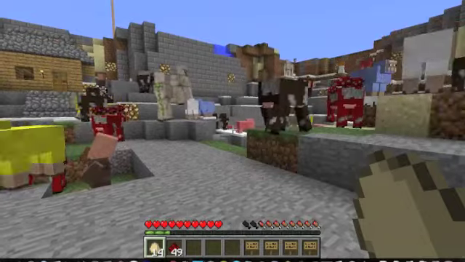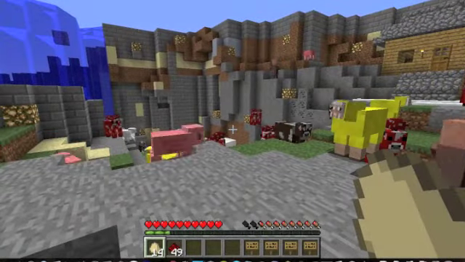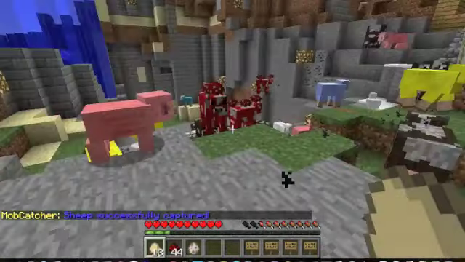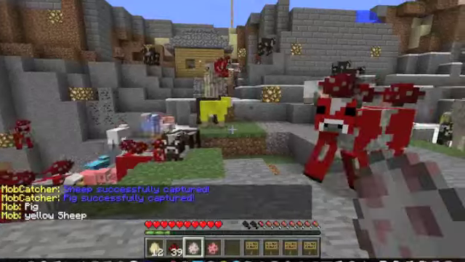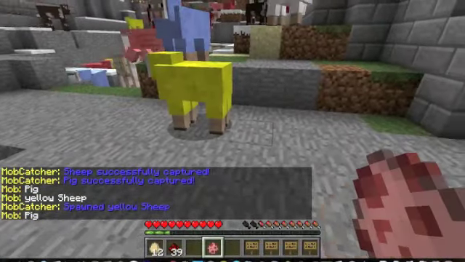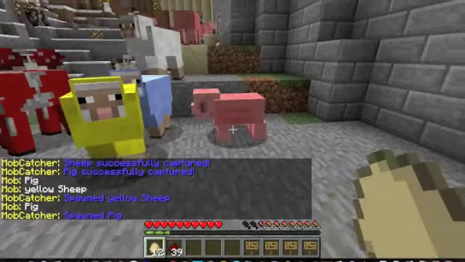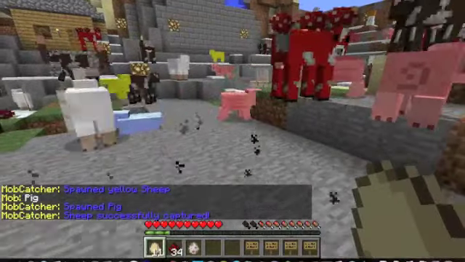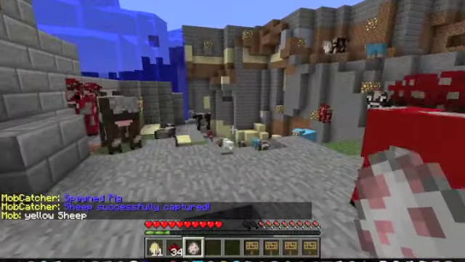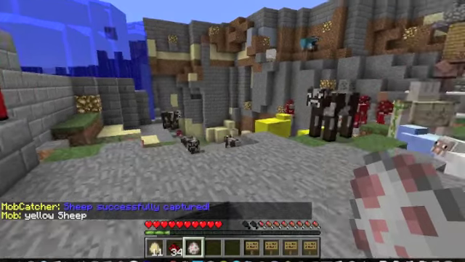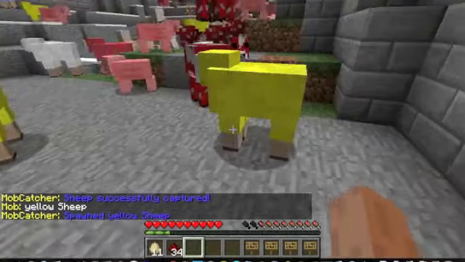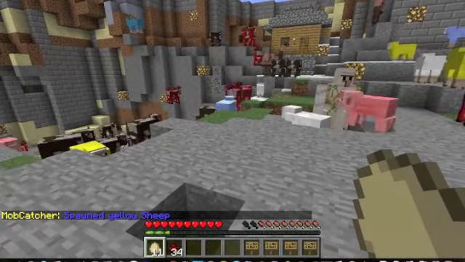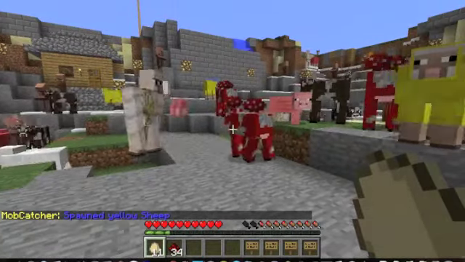This is version 2.2. If you've never seen anything about this plugin before, the main concept is to be able to capture mobs and then respawn them via these creative mode eggs, but completely from survival mode. So a way to legitimately capture them, trade them. It brings kind of an economic aspect to the mobs, especially the persistent ones. So the main things I'm going to be talking about in this video are